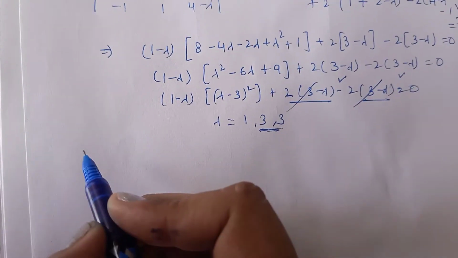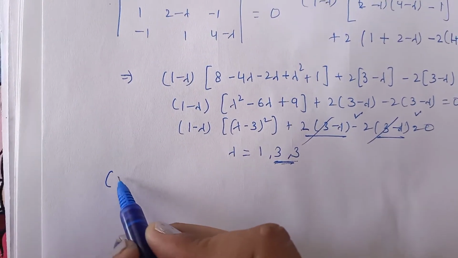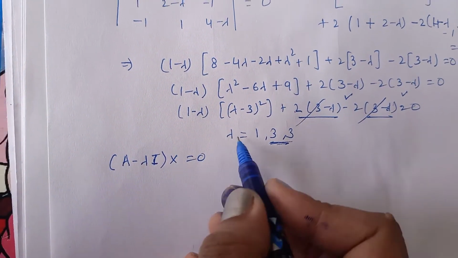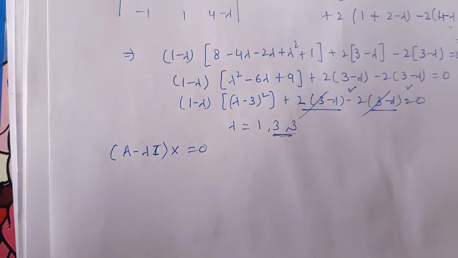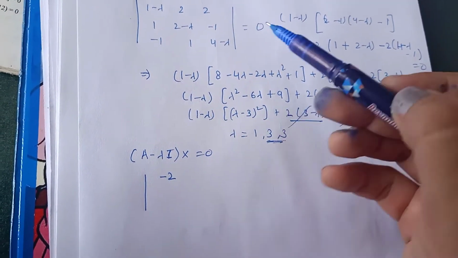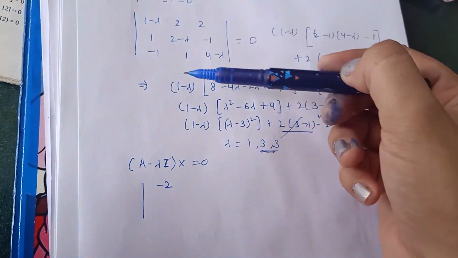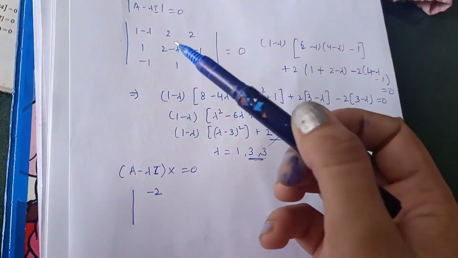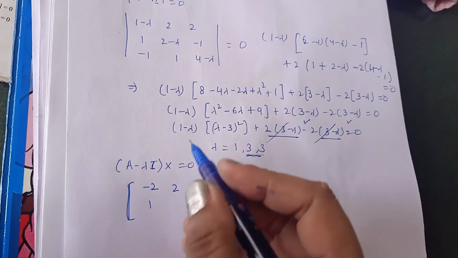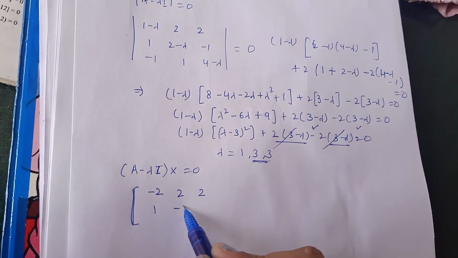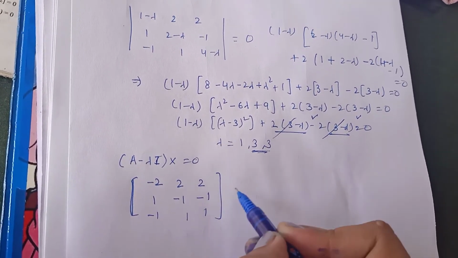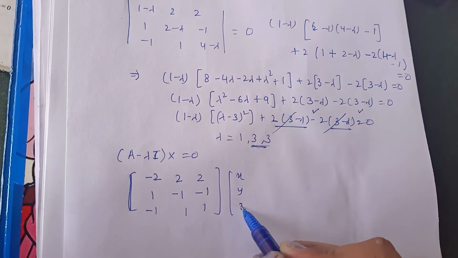For finding the eigenvectors, you would solve the equation (A minus lambda I) x equal to 0 by substituting lambda equal to 3 first. So let us see what this equation would be. Substituting lambda equal to 3 in A minus lambda I, I will be doing the calculations here only. So 2, 2, 1. This is 2 minus 3, it will be minus 1. So minus 1, minus 1, 1. 4 minus 3, it is 1. So x is unknown, this we have to calculate.